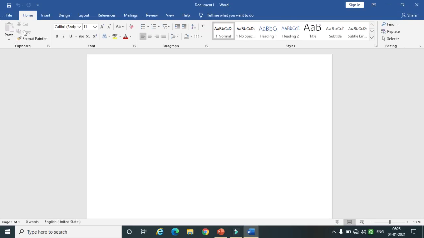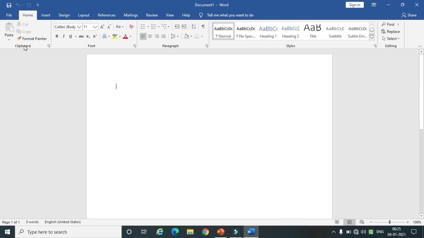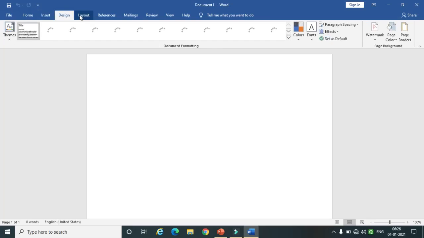Now what does this ribbon contain? This ribbon contains different tabs, and in those tabs there are different groups. Like there is the File tab, then the Home tab which contains the Clipboard, Font, Paragraph, Style and Editing groups. Then there is the Insert tab which contains Pages, Tables, Illustrations, Add-ins, Media, Links, Comments, Header and Footer, Text and Symbols groups. Next one is Design, and in the same way every group is having